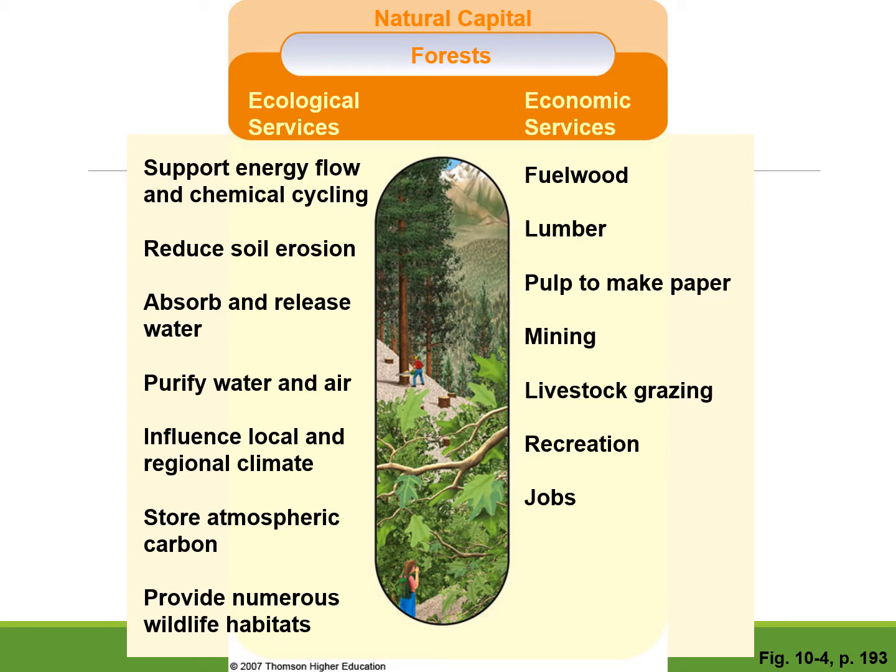And they obviously do provide numerous habitats. So birds live in different spots on the tree. They give squirrels a place to nest. If there's a snag, like a hole in a tree, birds can nest in there. So they just provide a lot of places for other living things to survive and fill their niche.